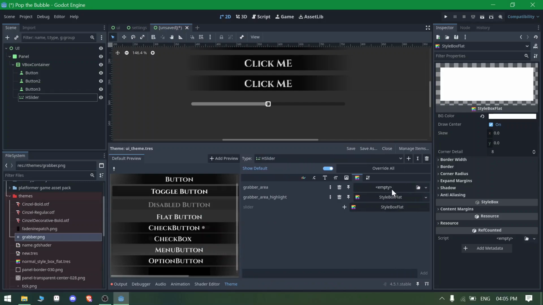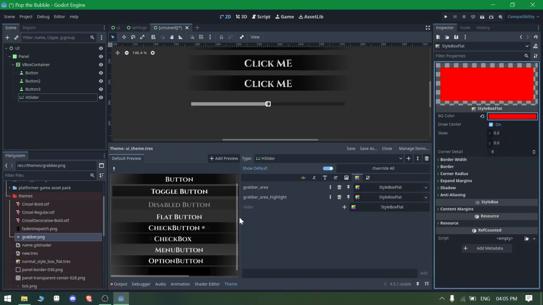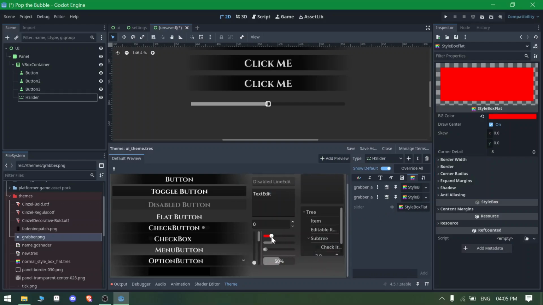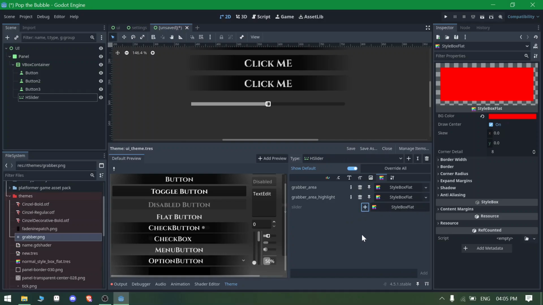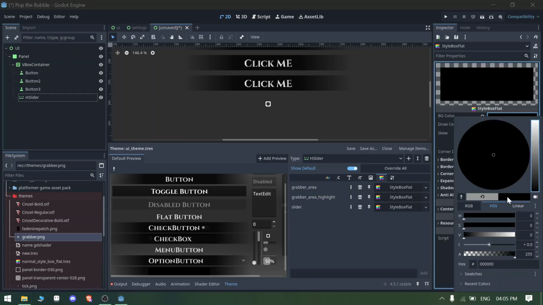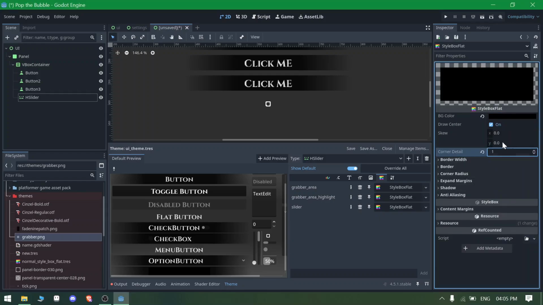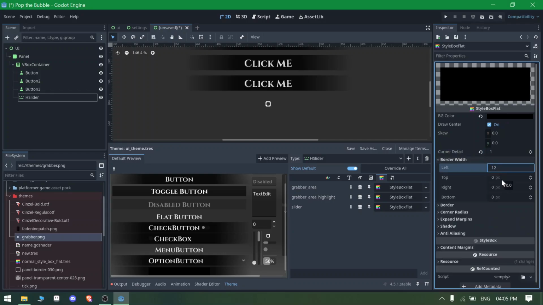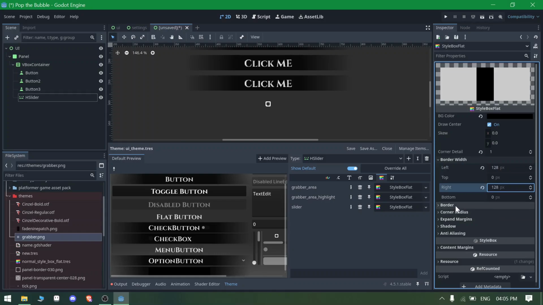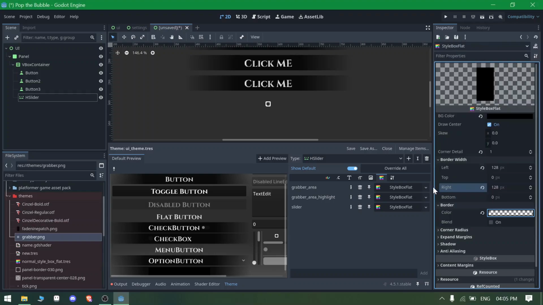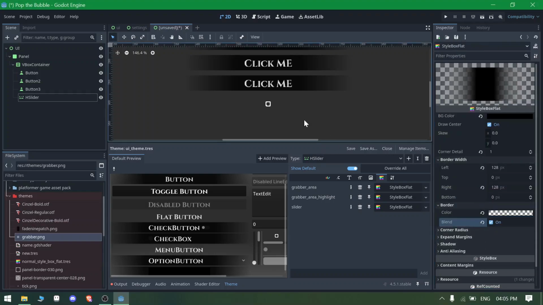If I want the default grabber area to be red, then I can just set this to this, right? It's red. And you can see if I move it here, it looks pretty good. And the slider that you can also change here, so I'm going to make it flat. You can again set the same thing that I have told you. So you can just go here, 120A, which is the left and right border, and we are going to give it the pure alpha, and make it something like this,